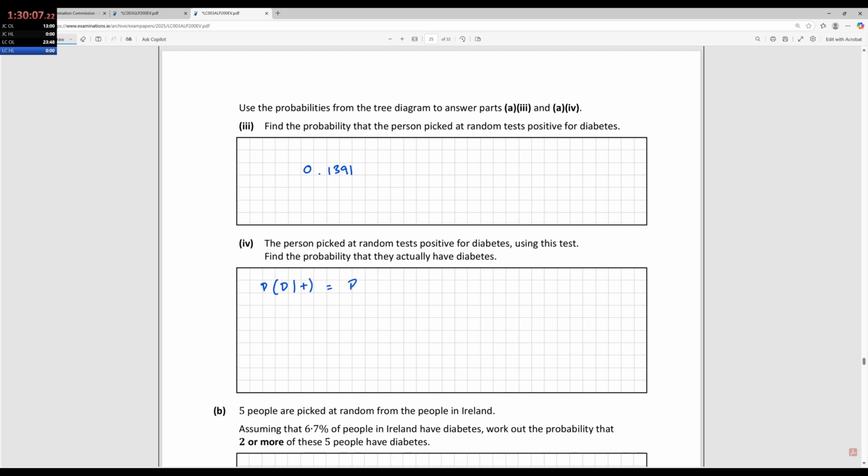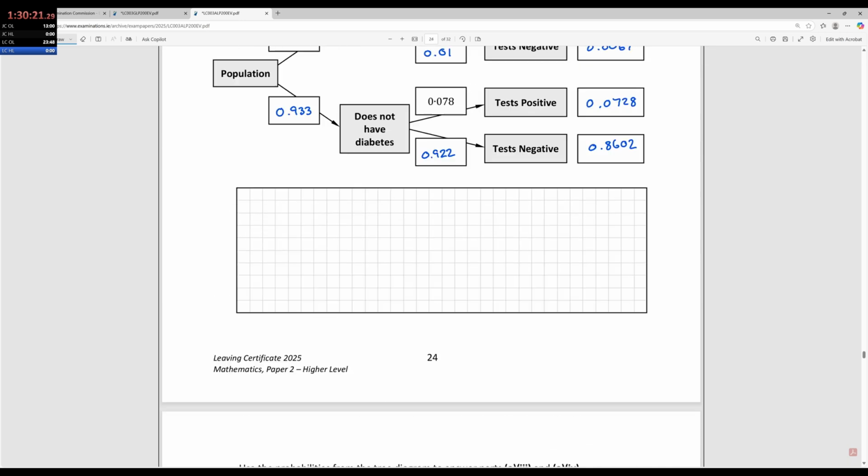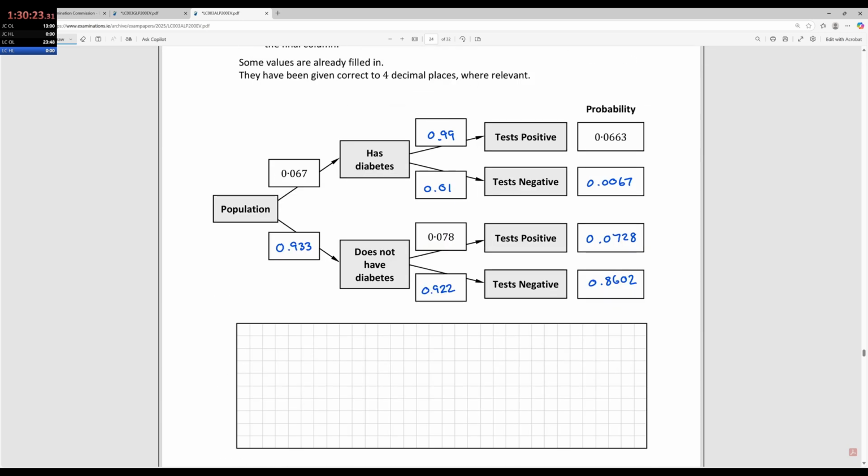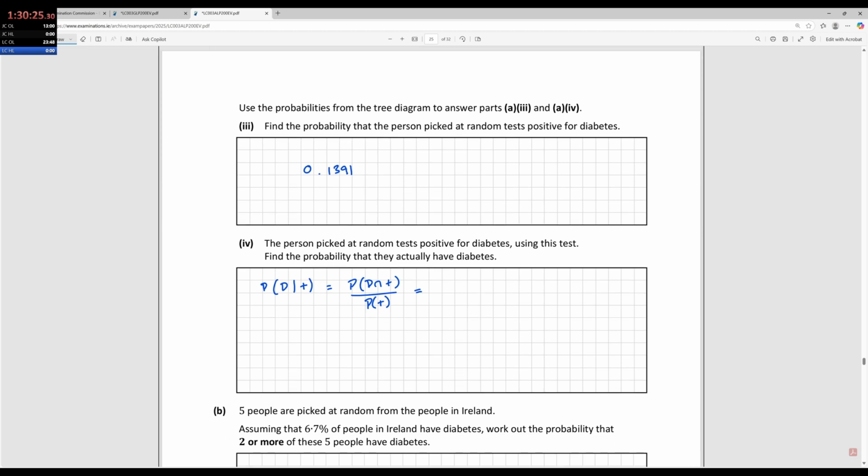So that would be the probability of their intersection, and I did say this to a lot of people, so that's kind of handy as well, over the probability that you tested positive. So the probability that you have diabetes and you tested positive is this number. Has diabetes tested positive, 0.0663. That's the intersection of the two. The probability that you tested positive is this number up here,